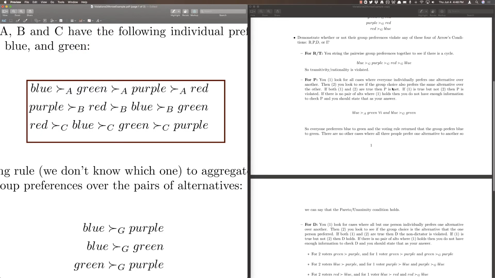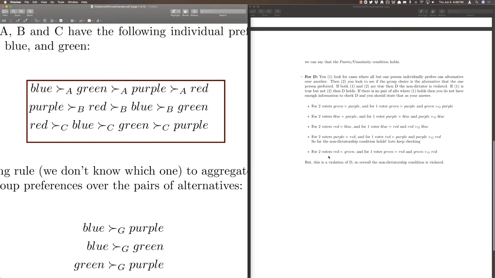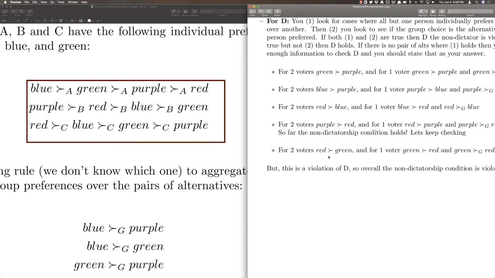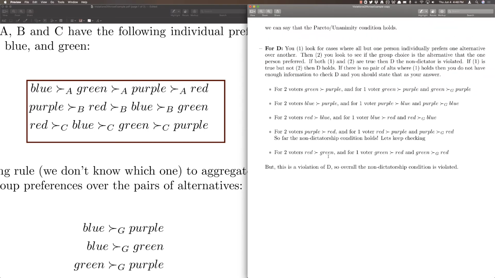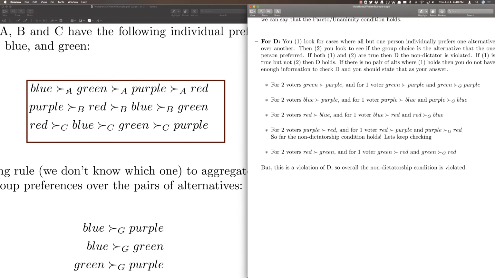And so what I'm going to do is go through and see what cases we can find. All right. So we have a 2 against 1 case with green and purple. A prefers green to purple, B prefers purple to green, and C prefers green to purple. So A and C like green to purple, but B likes purple to green. So 2 voters prefer green to purple, and 1 voter prefers,